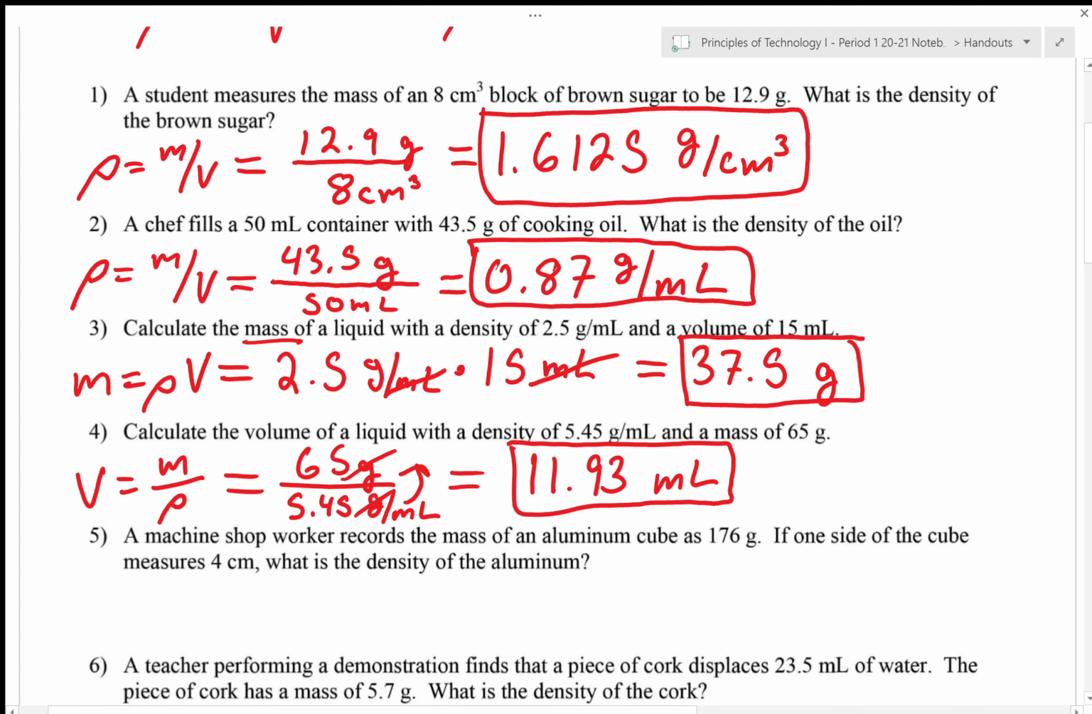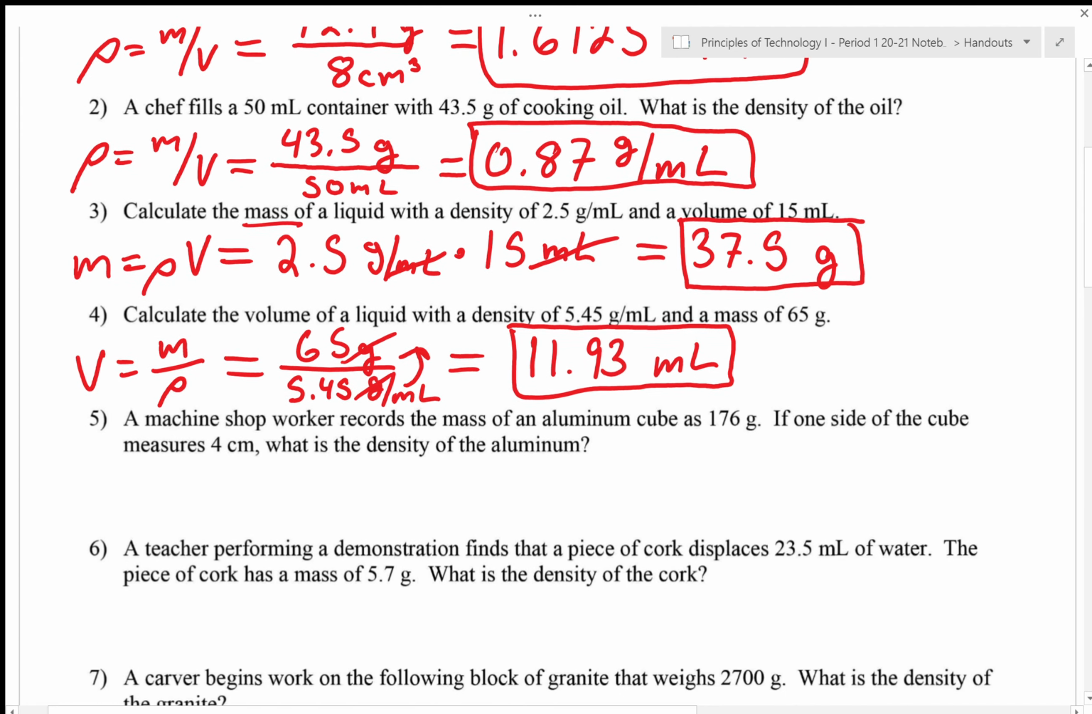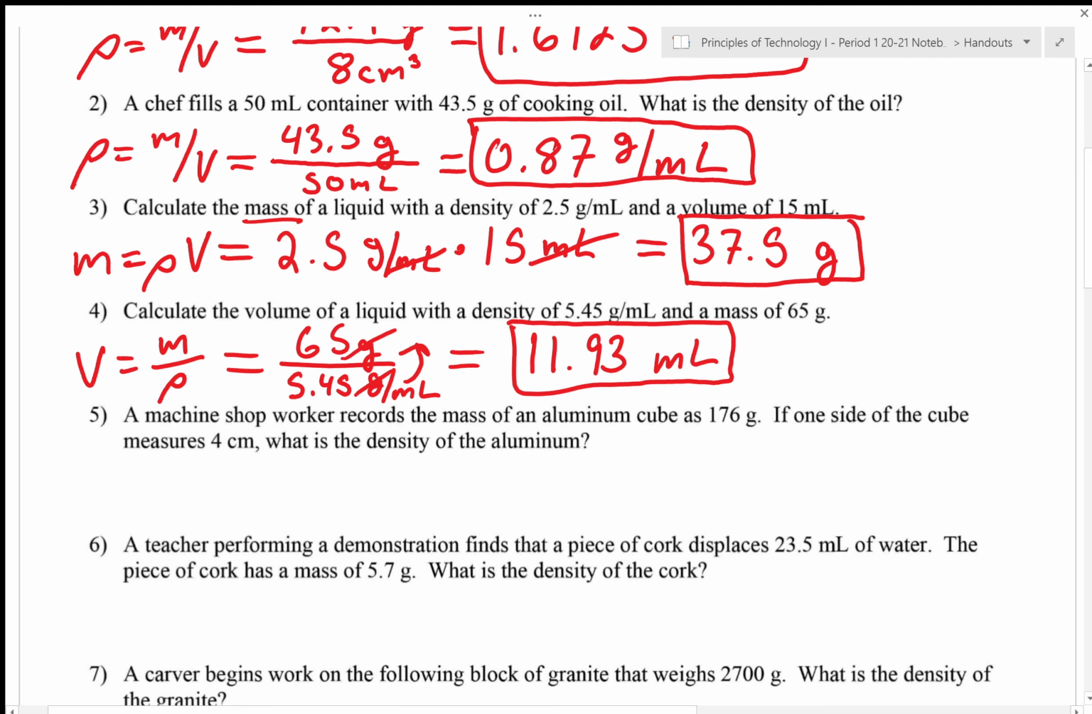The next problem requires a little bit more information than is given. So it says a machine shop worker records the mass of an aluminum cube as 176 grams. If one side of the cube measures 4 centimeters, what is the density of the volume? So we're going to use density is equal to mass divided by volume, and we're given a mass of 176 grams, but we don't know what the volume is. However, we're told that it is a cube